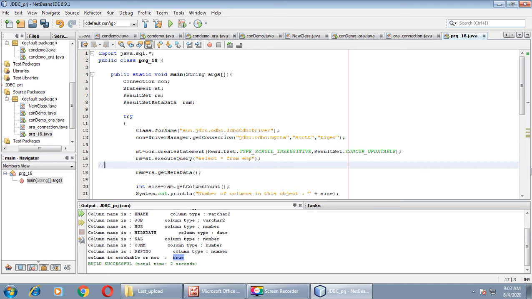So give the comment: This provides the methods for obtaining information about the types and properties of the columns in a result set object.